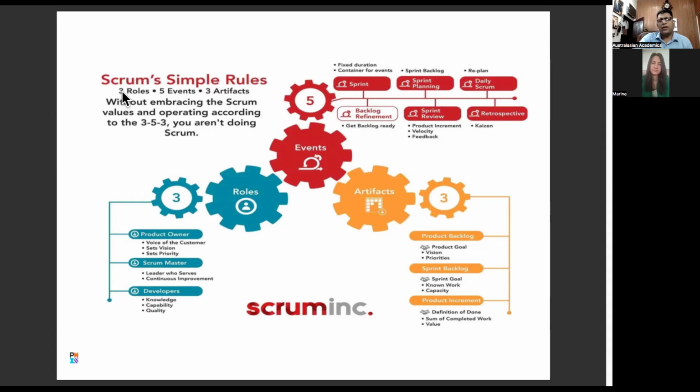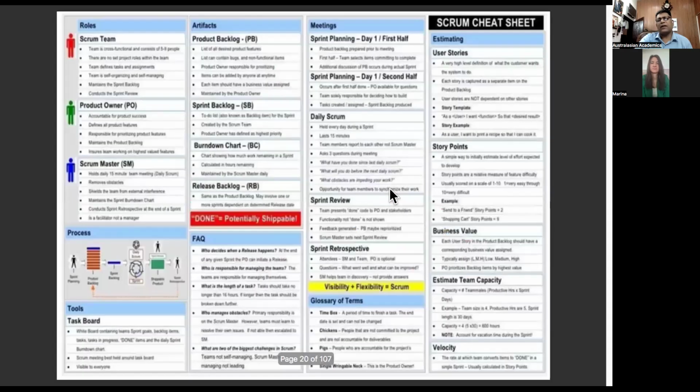In Scrum, you've got 3 amigos, right? You've got 5 events, the Scrum events, and you've got artifacts. The artifacts are basically the documents. So hold your breath, we'll come back to Scrum. I just don't want to confuse you between Agile and Scrum because you're transitioning from predictive. We'll come back to Scrum later, right? Then again, you've got the Scrum team, product owner, Scrum master, product backlog.